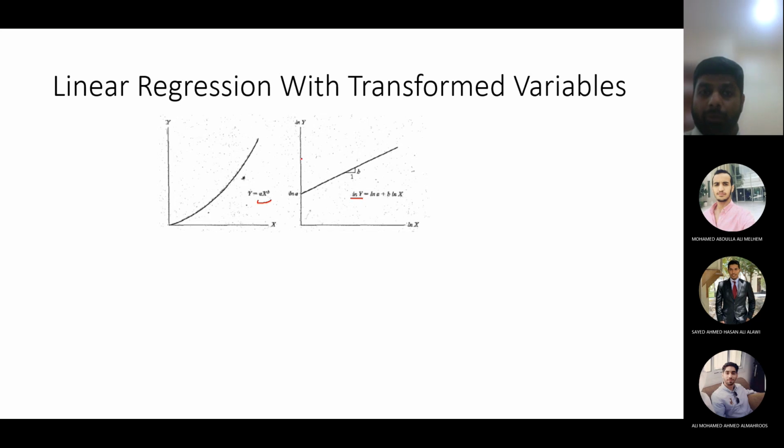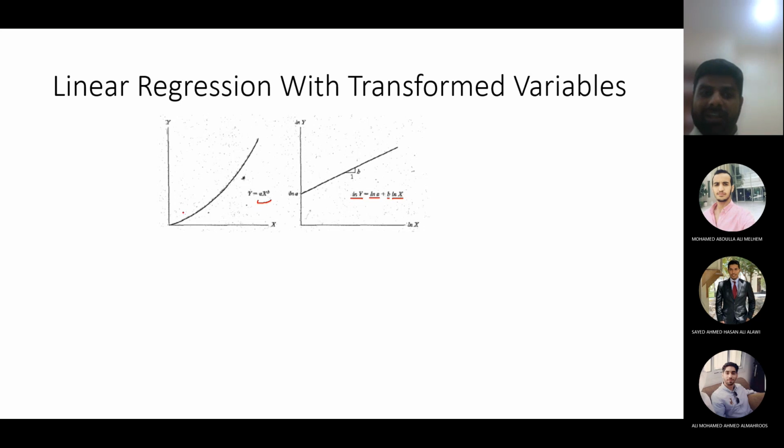Okay, so instead of plotting y, you will plot what? Log of y. So log of y is what? The transformed form of y. Okay, and the other side of the equation. Now what is my y-intercept? Log of a. Log of a, not a. Okay, b is b, and what is my x value? What am I plotting on the x-axis? Not x, log of x.